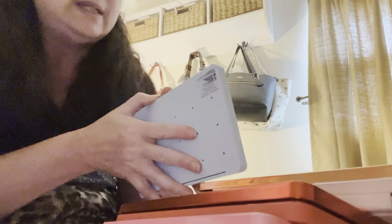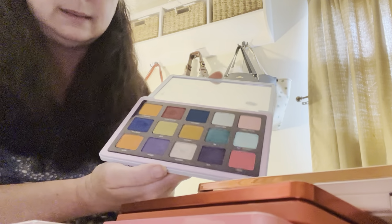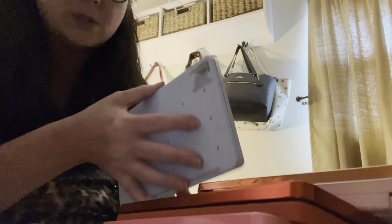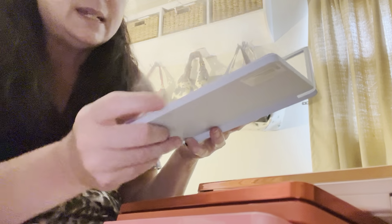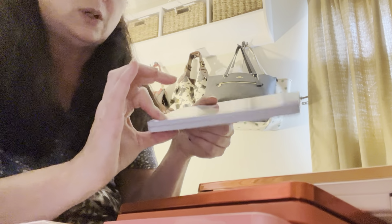I am keeping these for the moment, but I can tell you, unless something changes each time that I use these palettes, they're slowly going to go away because there's something with these Natasha Denona palettes. Please, if you have a tip or whatever, tell me, because every time I wear them, whether it be, this is the Circle Loco palette,